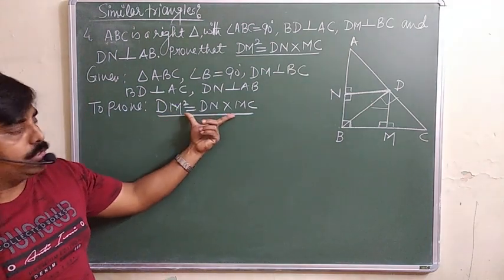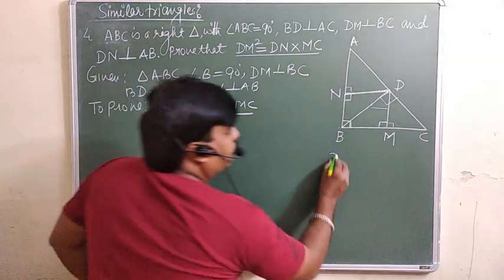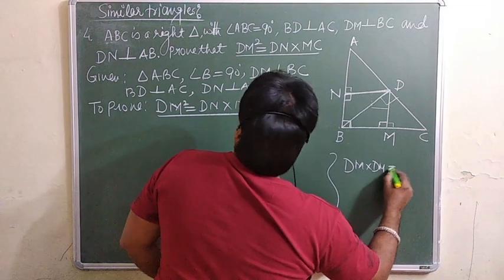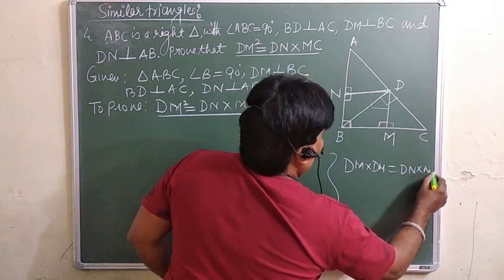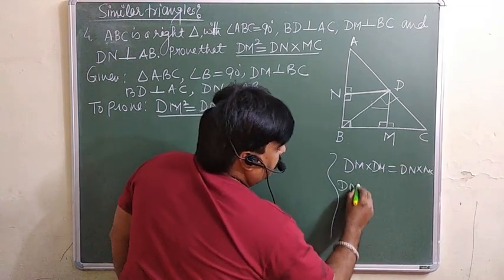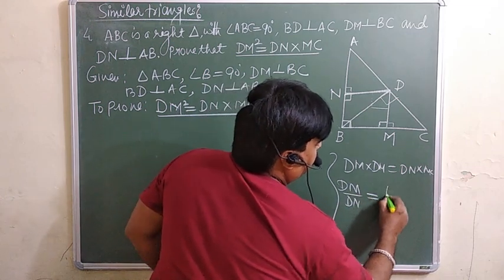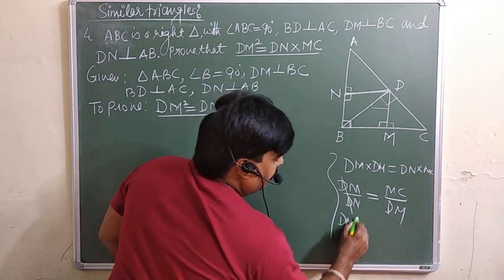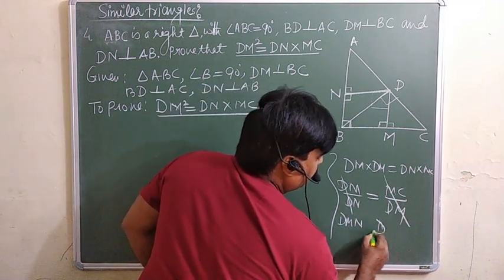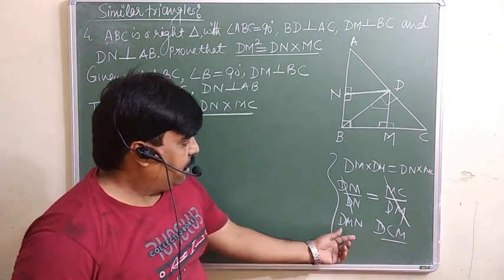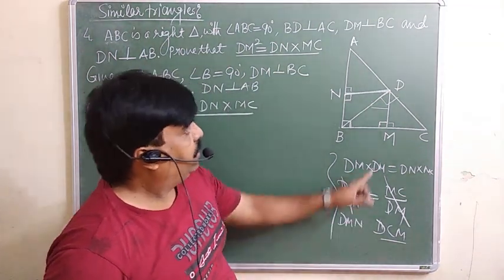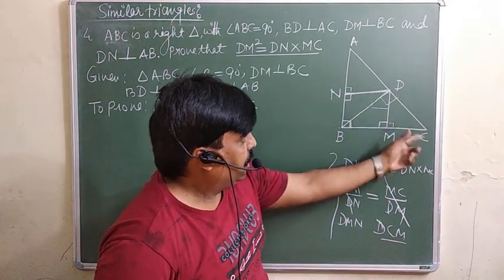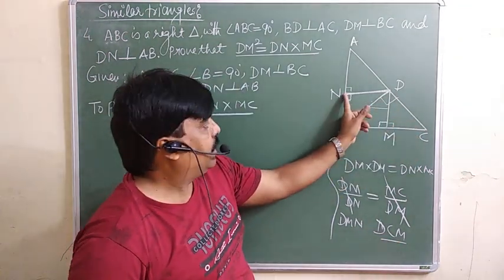हमें कौन से दो triangle को similar करना है. तो यहाँ से अगर हम थोड़ा ऑपरेशन करें तो you will see DM into DM is equal to DN into MC. So this DN you can write down DM over DM and this is MC over DM. So here you are getting DMN and here is DCM. We are getting one of the triangle is DMN, this one, and DCM. This is you are getting the exact triangle, but another triangle you are getting here is